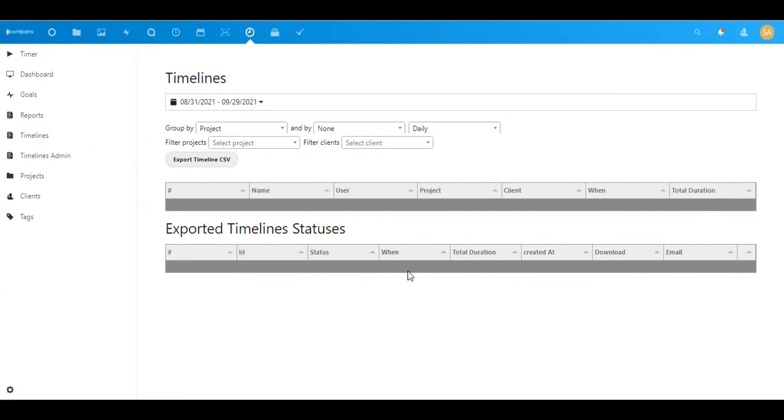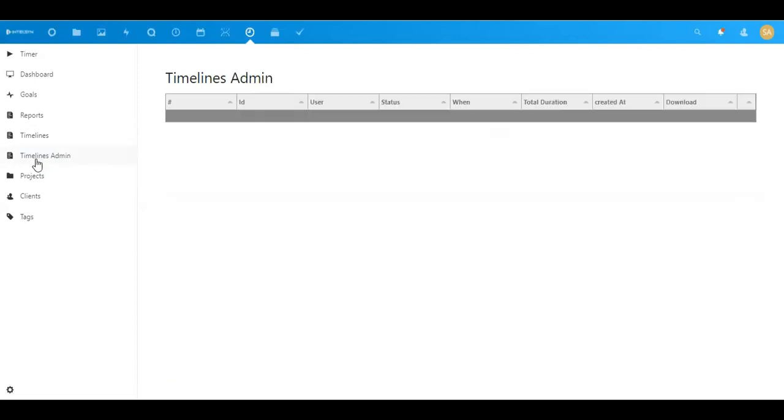What this means is, the moment your employee is done with a particular project, done with the work, they can just send this report to timeline admins. So the moment the work is done under timelines, it comes to the timeline admin. Here the admin or the manager has to approve or reject the work. So isn't this very interesting? Once the work is done, you can just send it to your manager, and the manager can see and review it and then accept or reject.